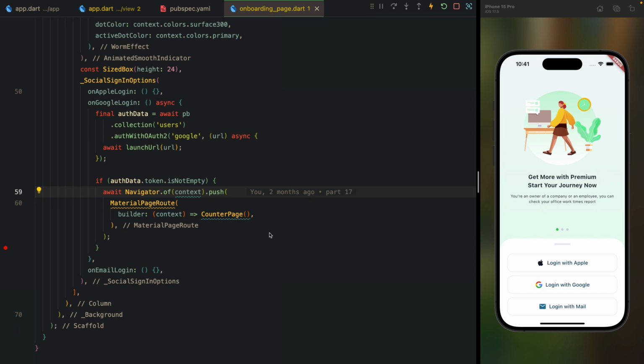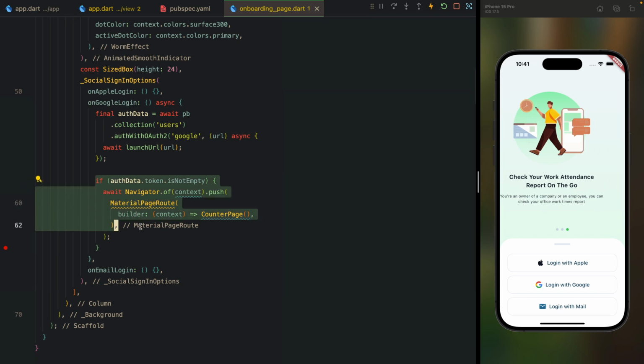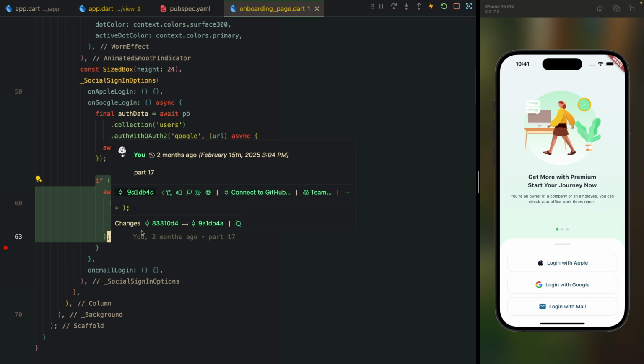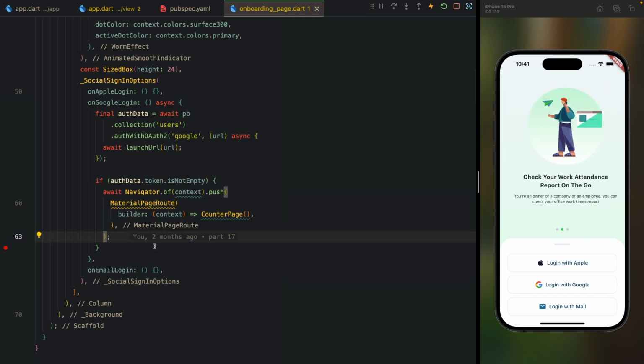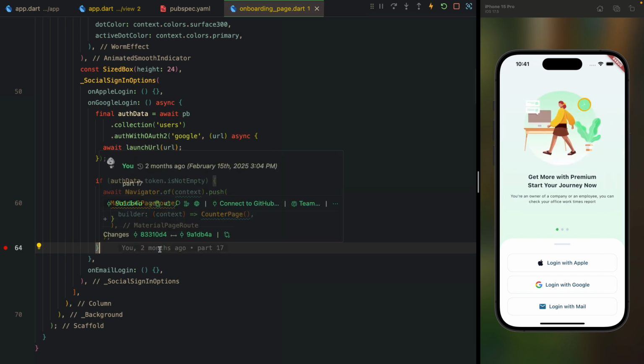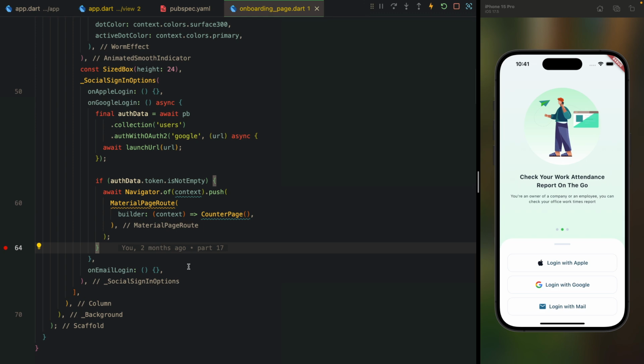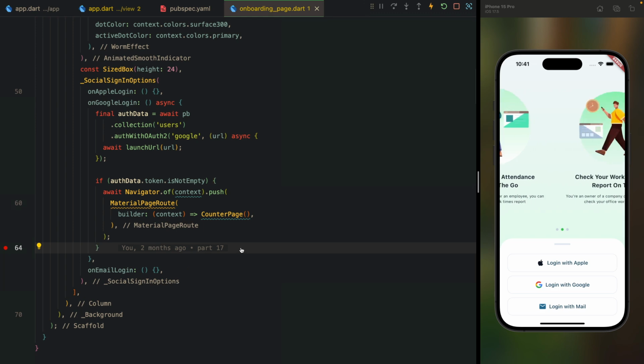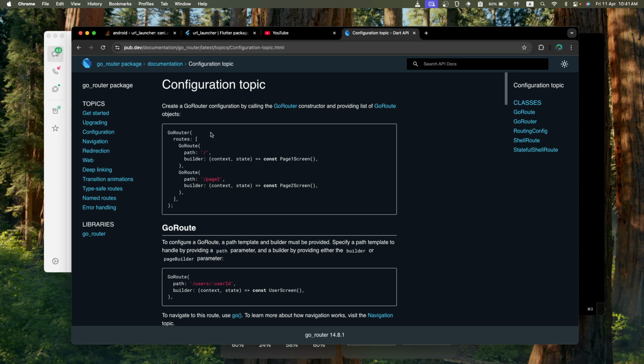So in our last video tutorial, we implemented the Google login and we kept the anonymous routing as of now. In this video tutorial, we are going to implement GoRouter to replace this anonymous routing. You know that the anonymous routing is a little bit backdated and not a developer friendly thing. So we are going to use the GoRouter package to